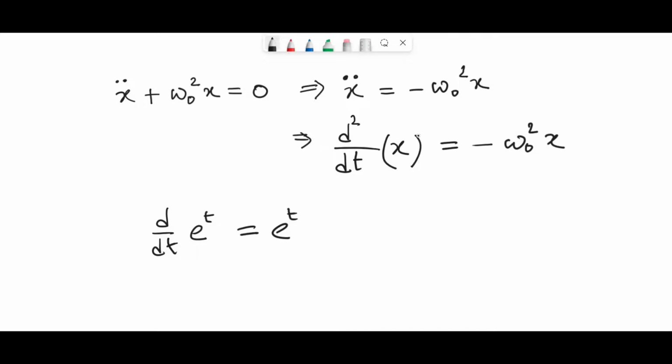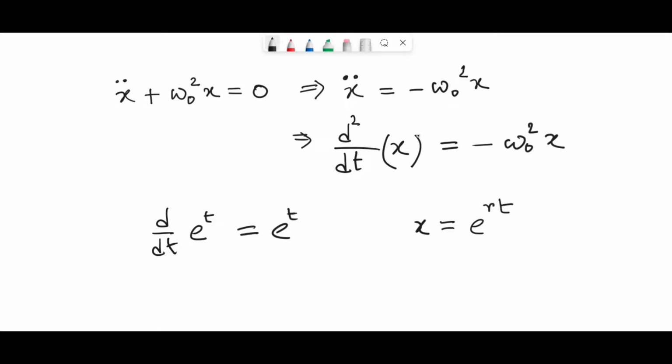But now we don't have just the function, we also have some constants in front of it. So we have to modify this function in such a way that accounts for these constants, and that will be our solution. So in order to accommodate that, our candidate solution becomes x equal to e to the power some